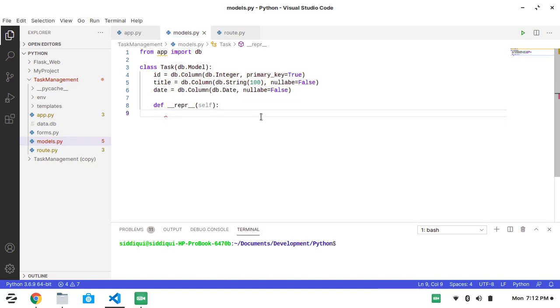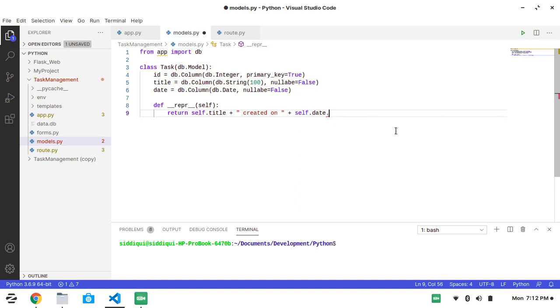This is actually the function which we use to display the string representation of our class. Later I will show you where this function works and how it works. First I just create the implementation of this. I will say title plus "created on" plus self.date.